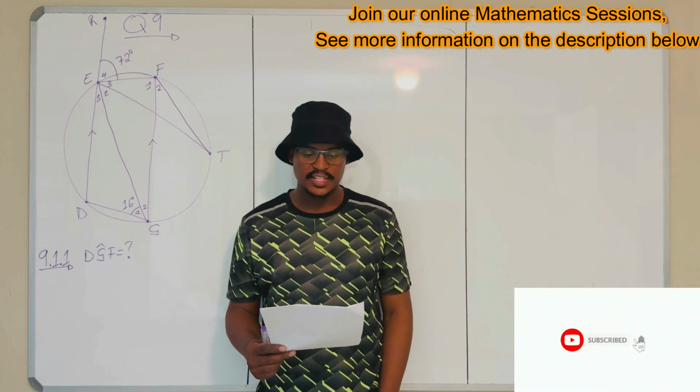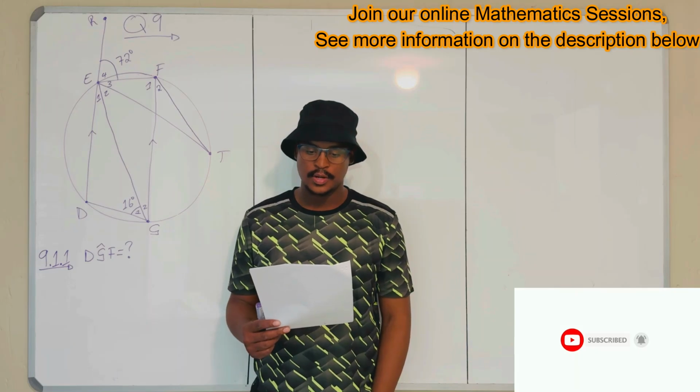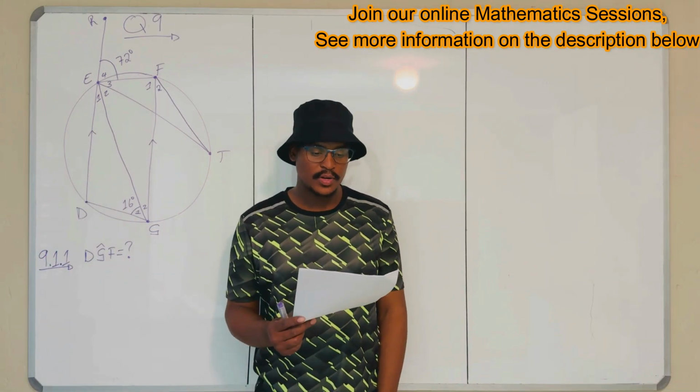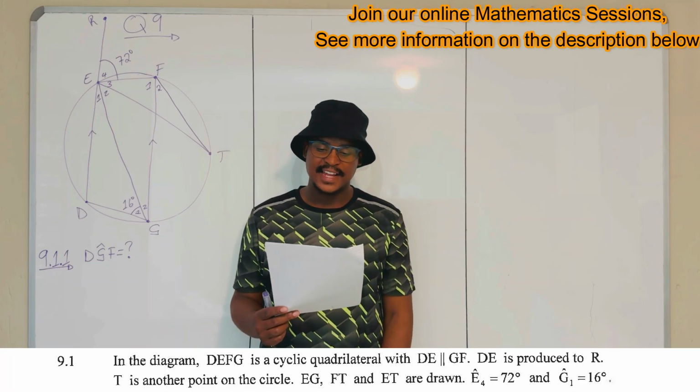So in this video we do question 9 of the May June 2022 question paper, Mathematics Paper 2. And the topic is Euclidean geometry, as you can see. So I'm going to read the question 9 statement and then answer the questions that follow. So let's go. They are saying in the diagram,